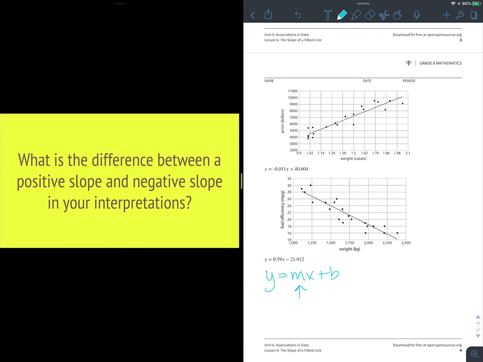What is the difference between a positive slope and a negative slope in your interpretation? Well, positive slope means both variables increase together, but a negative slope means that when one variable is increasing, the other is decreasing, which is what was shown in the last one. So as the weight in kilograms increases, the fuel efficiency